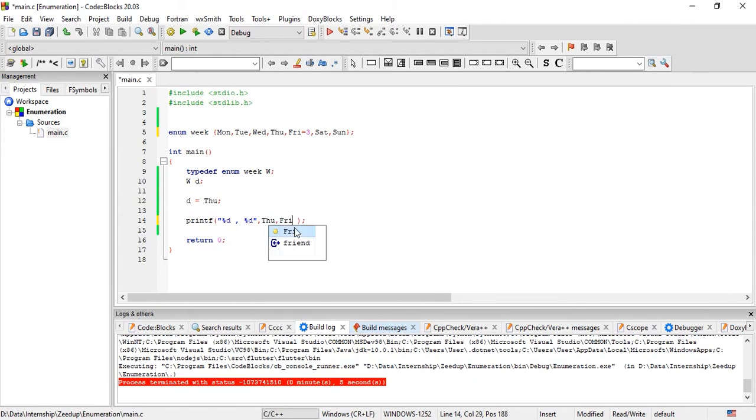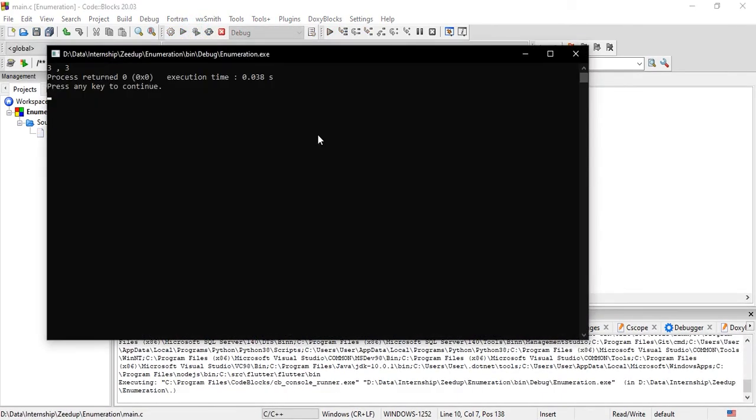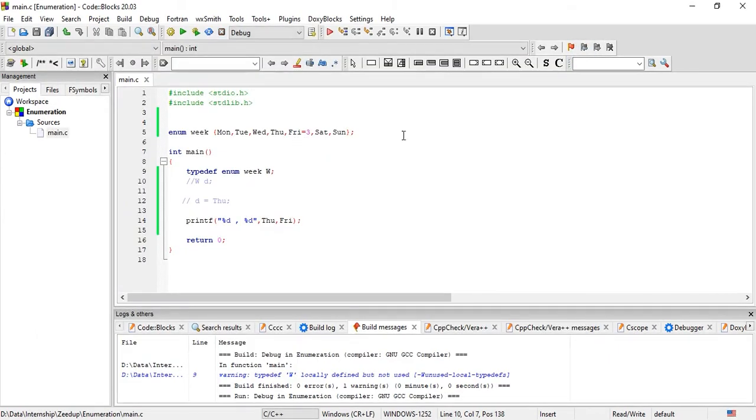So we can simply use them instead of storing them into variables. There is no need to store this into the variable, so we can just comment these statements out. If we compile and run it, you can see 3, 3, which means that both Thursday and Friday have the same value 3 in enumeration.